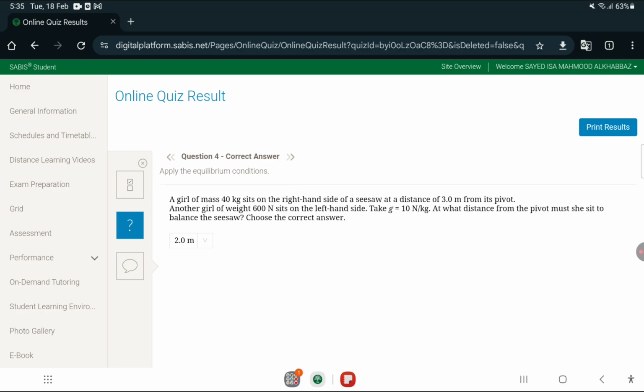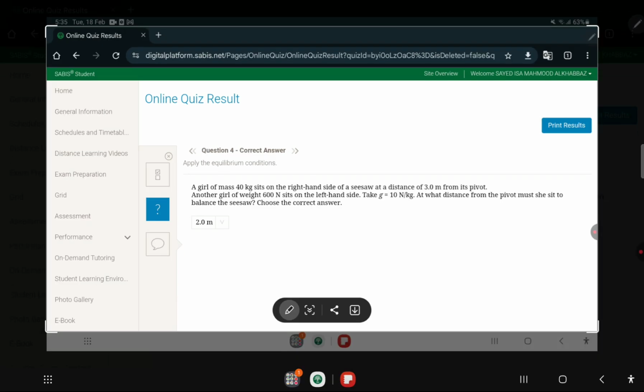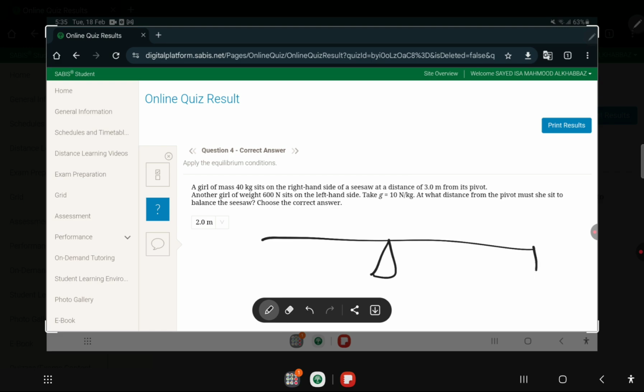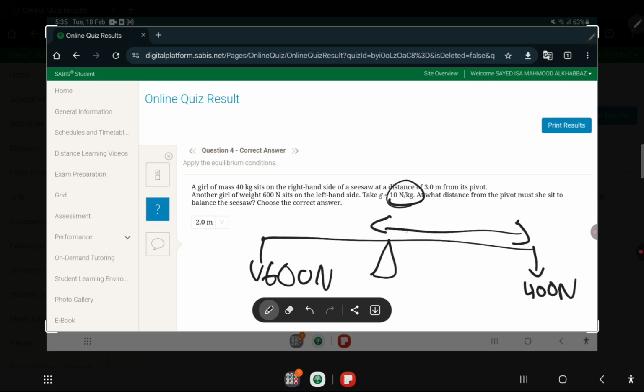A girl of mass 40 kilograms is on the right hand side of a seesaw at a distance of 3 meters from its pivot. This is a seesaw. And another girl of 600 newtons is on the left hand side. The right hand side here is 40 kg or 400 newtons, because they say take gravity as 10, and here 600 newtons. The distance from the pivot to this girl is 3 meters, and they want it to be at equilibrium. So we want 600 newtons